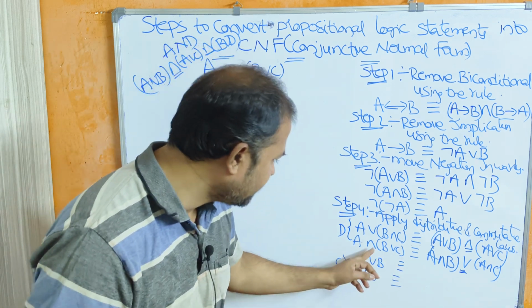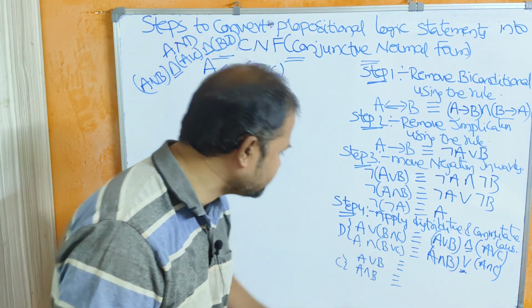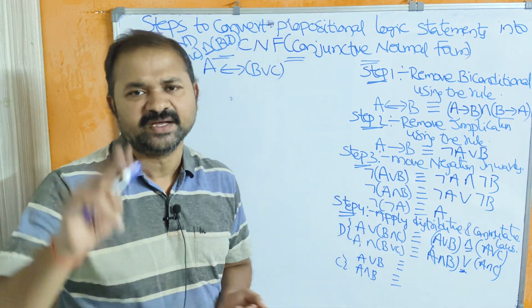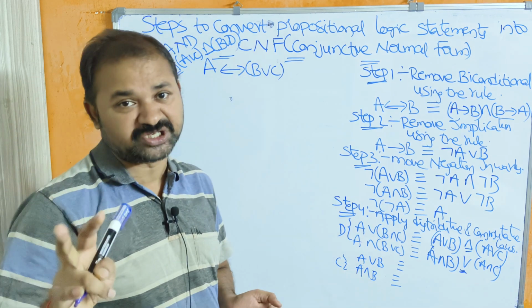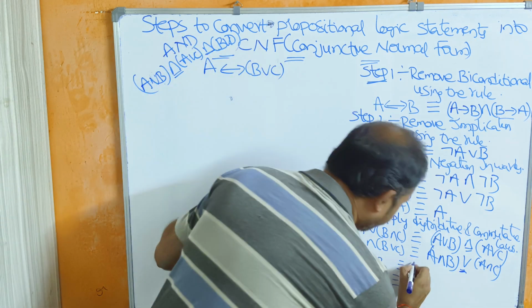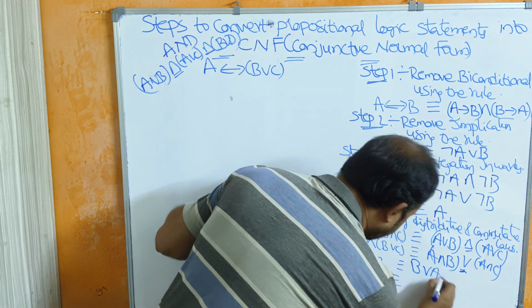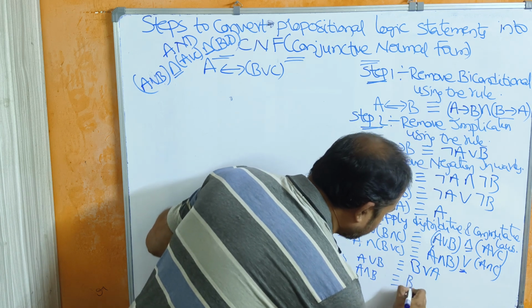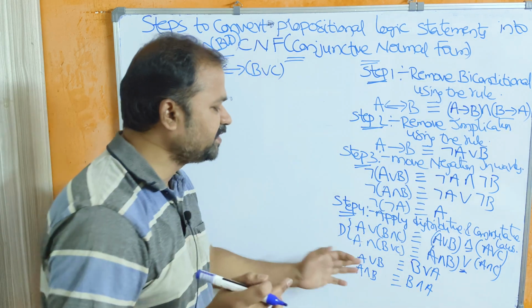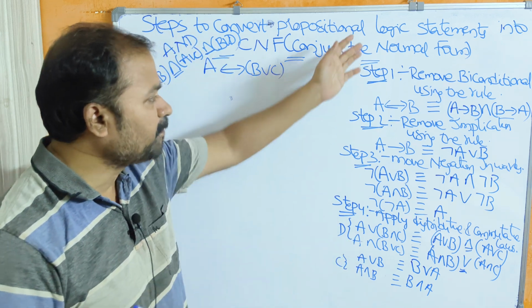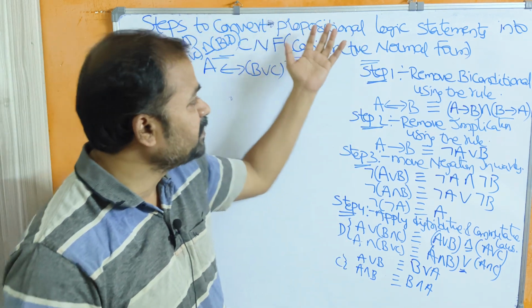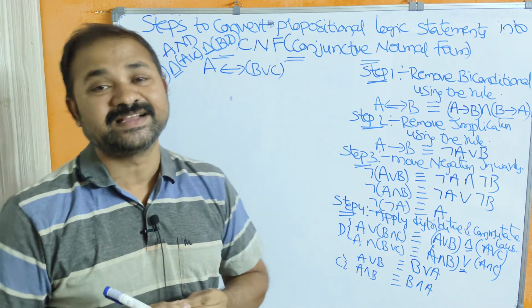So this is the formula: A and B or A and C. Next, commutative laws. For applying the commutative law, we need to have only two propositions, two literals. A or B is equal to B or A, and A and B is equal to B and A. So we need to apply these four laws in order to convert the given propositional statement into the conjunctive normal